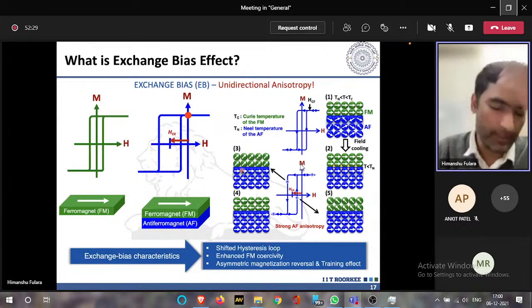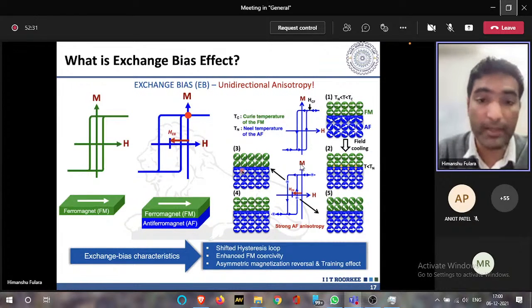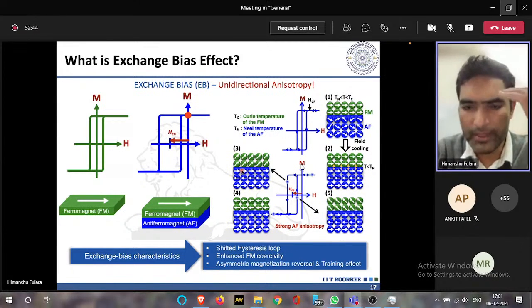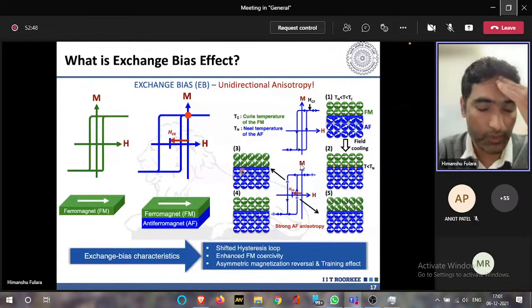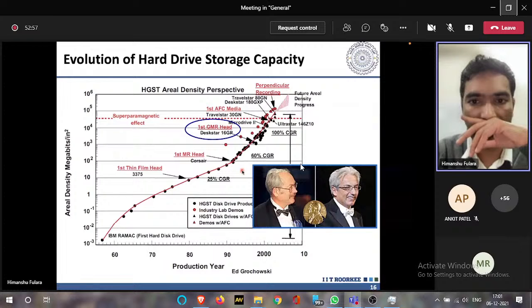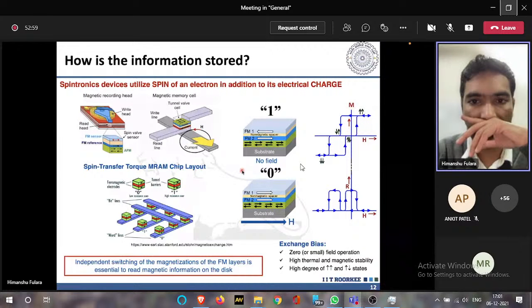So this is the exchange bias effect, which is exploited in the data storage industry in order to lock the magnetization of one of the two ferromagnetic layers. I explained this effect because my PhD work also involved these exchange bias studies of different ferromagnetic and antiferromagnetic layers. So I will not go into that part, but here I was explaining to you how this